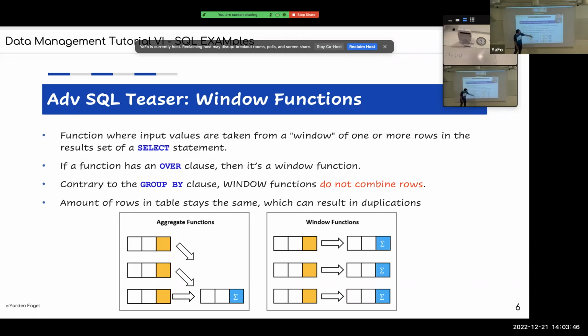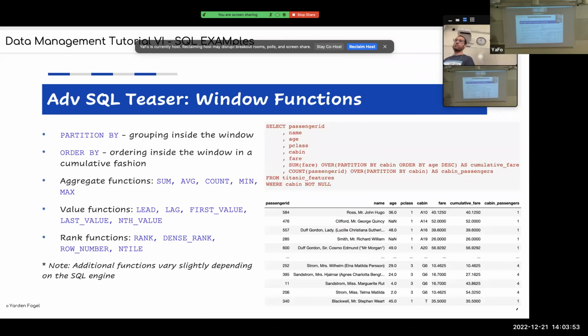With window functions, it doesn't do that. It doesn't combine rows, so it creates duplications. And I know I'm going really fast, but it's on purpose. I didn't intend to go into any depth with this. I'd be happy to offline, and again, I'll share the resources and the links in the notebooks. And these are the basic window functions. The one you can really focus on is